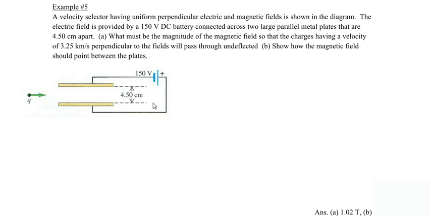field and a magnetic field, such that this beam of charged particles as it moves through between these two plates is going to continue in a straight line. It's going to be able to continue in a straight line because the two forces are going to cancel each